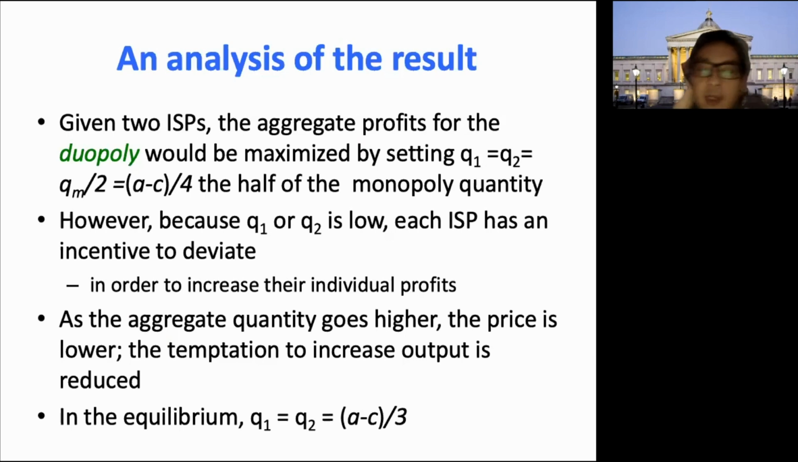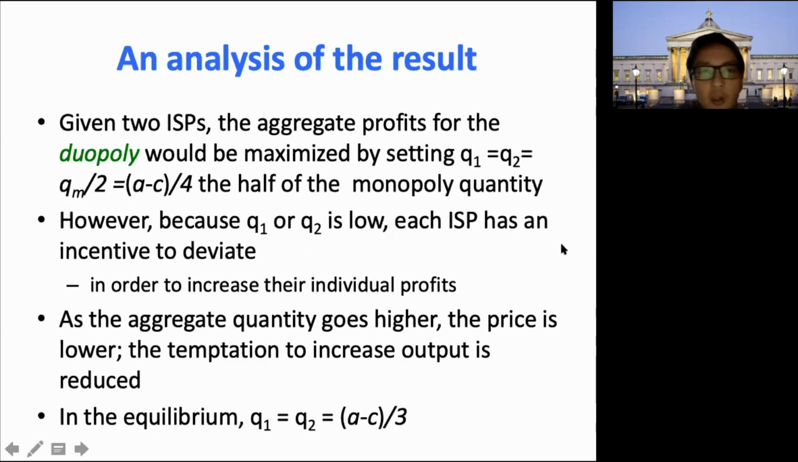And then we can look at other cases. Suppose that the aggregate profit for the duopoly would be maximized by setting Q1 and Q2 equal to Qm divided by 2, that is, half of the monopoly quantity. However, because Q1 and Q2 is lower, each has